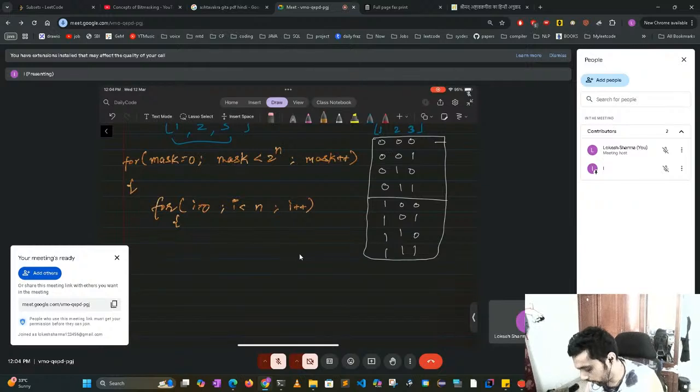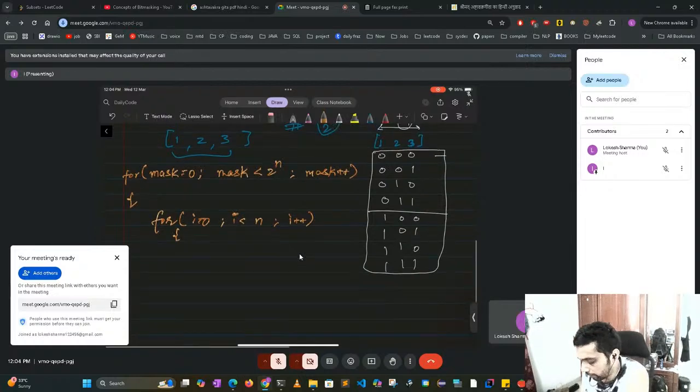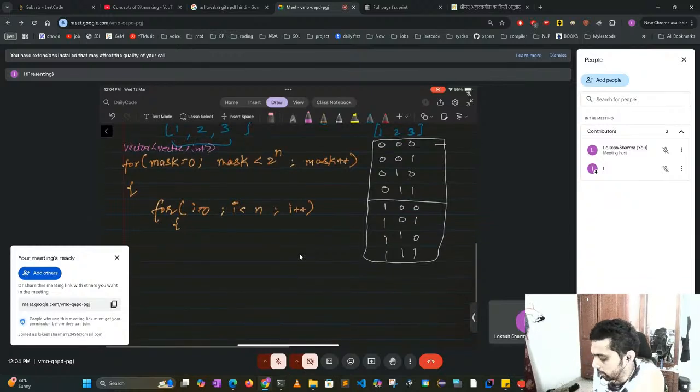And now I have to do masking with this number in such a way that when mask is 0, do not include this number, this number, this number. Okay, what I'm saying, this is the vector of int we have to include, and in this we need a subset,